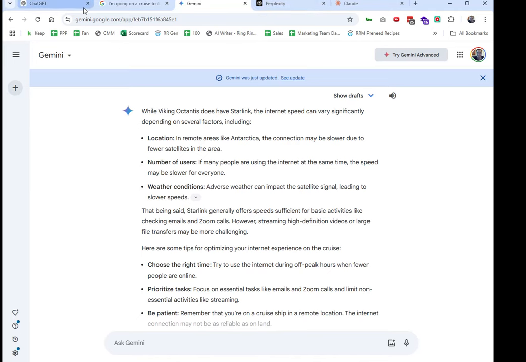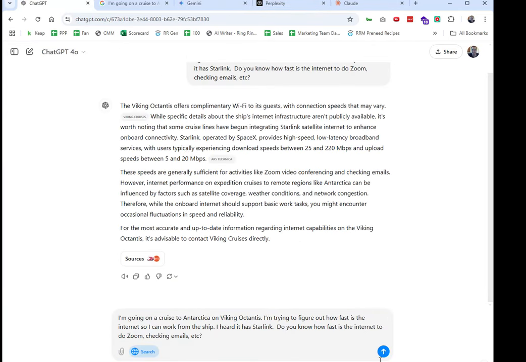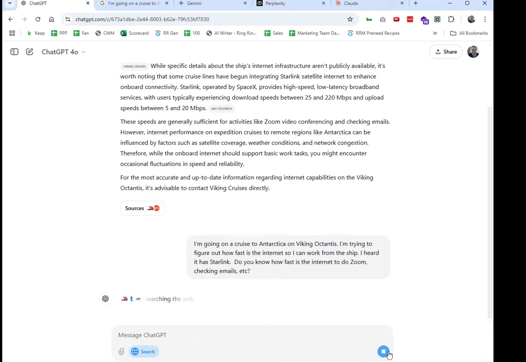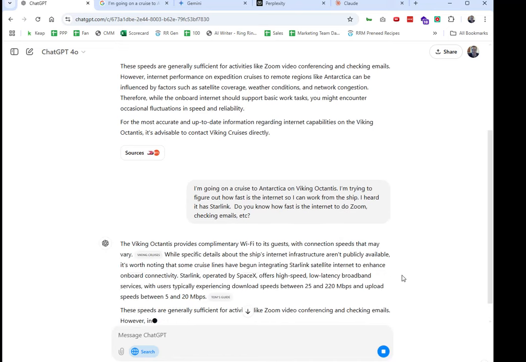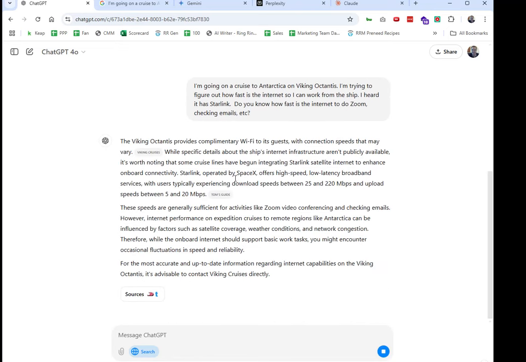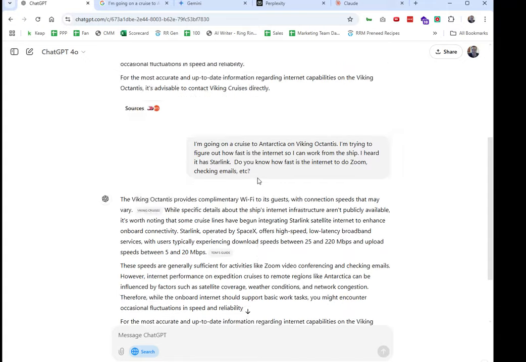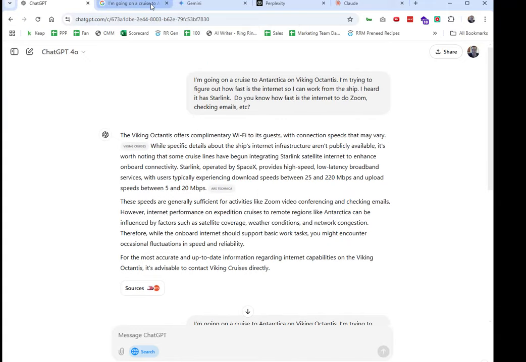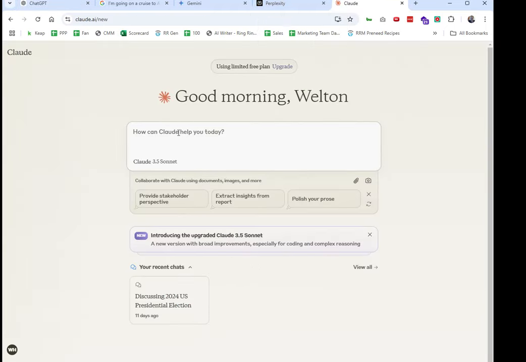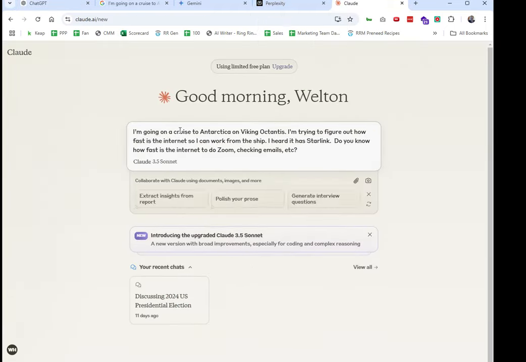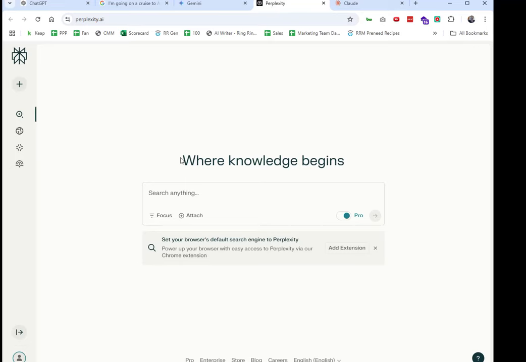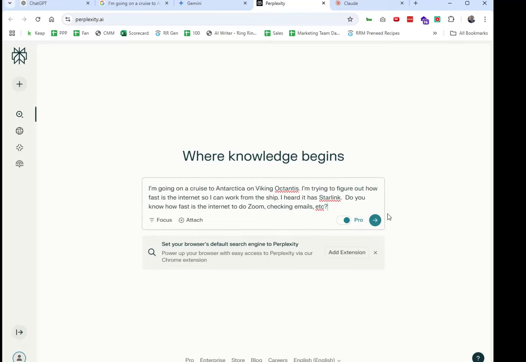Okay, so let's go back to ChatGPT. Search web, sorry, I forgot to hit this. Okay, same thing, now it outputs similar results as the one here. So to me, it's still not good enough. So I'm going to switch over to Claude, copy paste this, and at the same time, I'm going to use Perplexity.